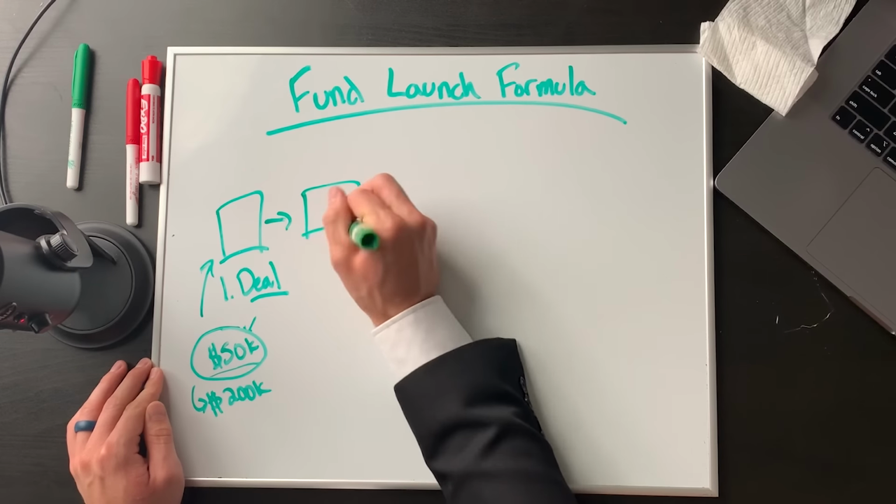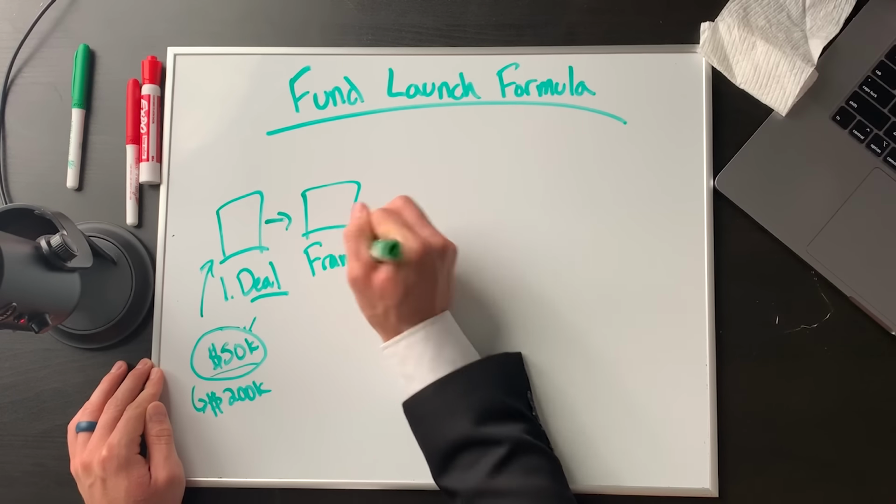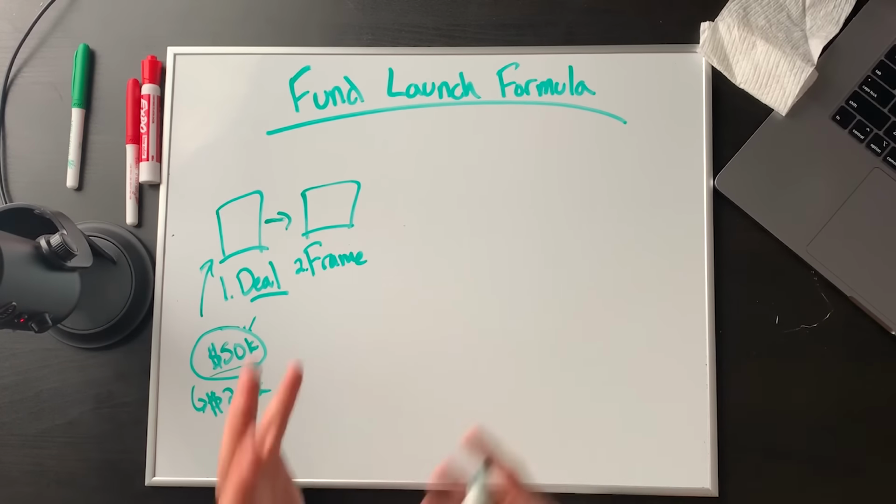So I'm going longer on the deal. So step number 1 is the deal. Step number 2, after you find the deal, don't go do legal docs. Don't go do that. Step number 2 is frame the deal out. Okay. Step 2, frame it out. Get it all ready. Get it on an Excel spreadsheet. You don't need to do all this crazy stuff, but frame it out. Make a model. Make sure how everyone's going to make money.